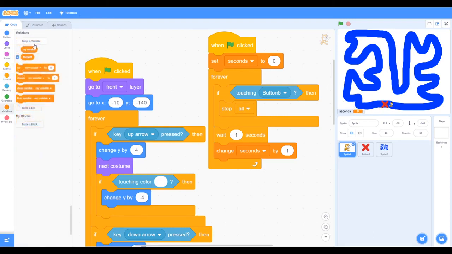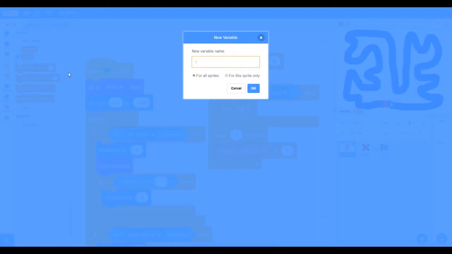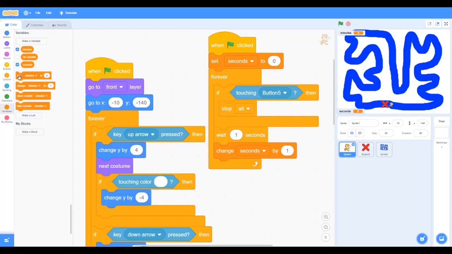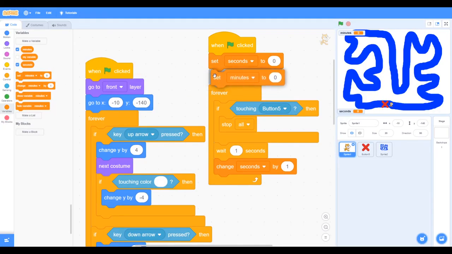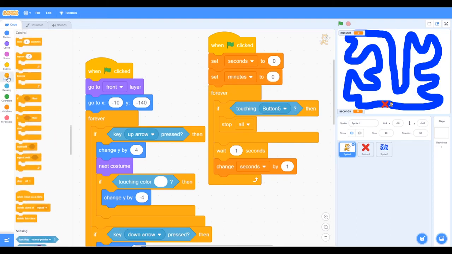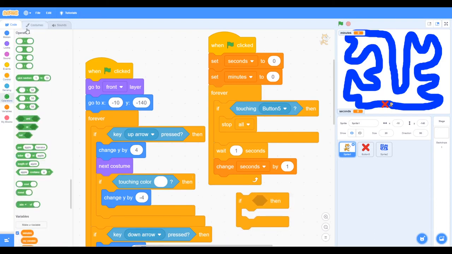So now we need to add minutes. So we're going to make a variable and call it minutes. Okay, and then we're going to set minutes to 0. And now we need another if statement. So we're going to say, if seconds equals, so let's find the equals. So if seconds equals 60,